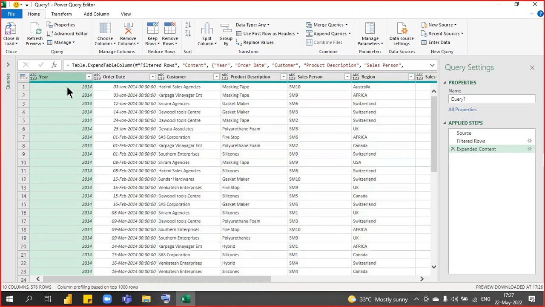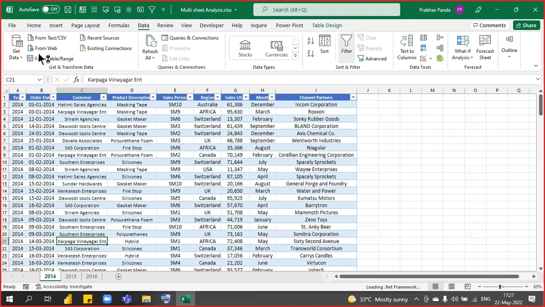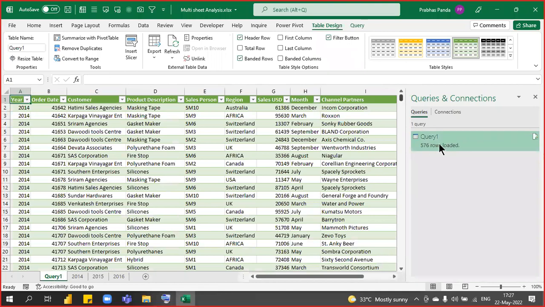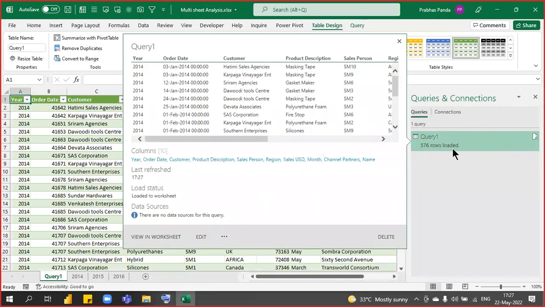So once this is done, whatever the operation of our consolidation in the backend, it is done. But to work around with the same, again, we need to bring our data to the front end. So there is an option in the home tab called close and load. You can go for that. And once you do this, immediately in your Excel file, one more sheet is going to be generated called query one, and it will be showing all the consolidated data of